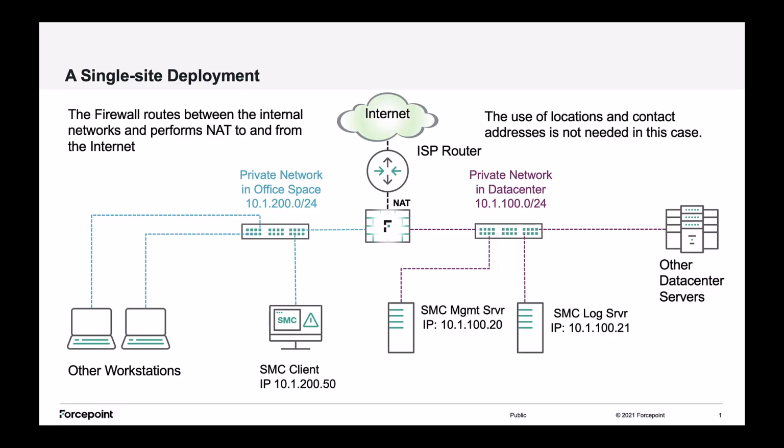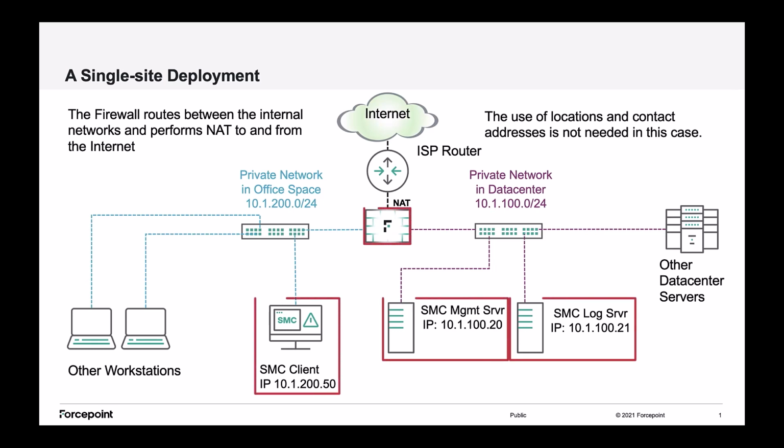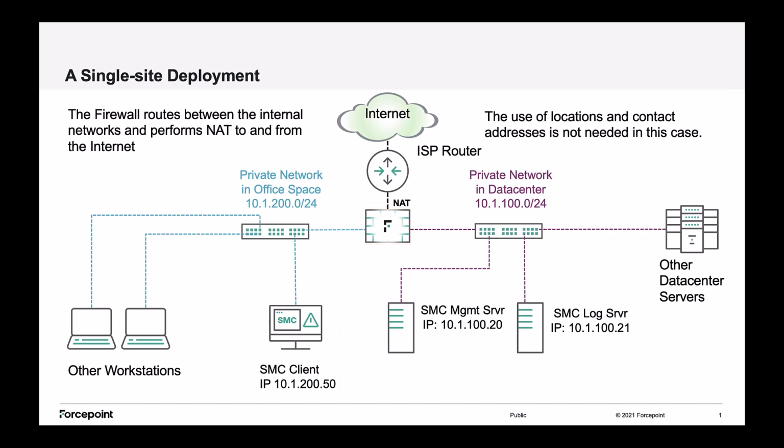In a small deployment, there may be no network address translation, abbreviated as NAT, in use, or all of the components of the next-gen firewall solution may be on the same side of any NAT device. Therefore, all components are able to communicate with each other using the actual IP addresses assigned. In this case, there is no need to configure contact addresses and locations.